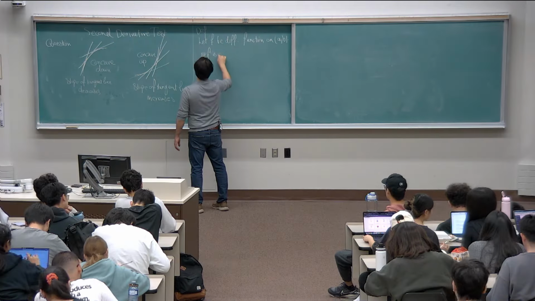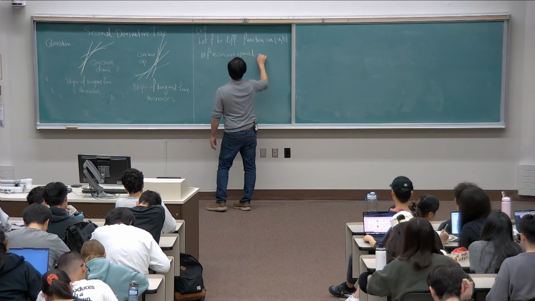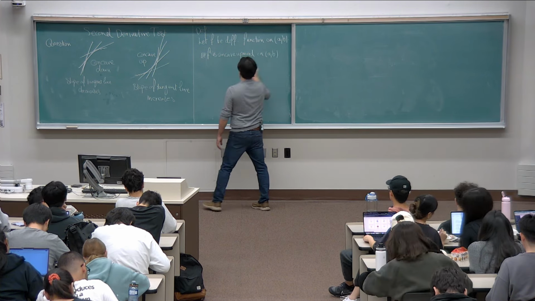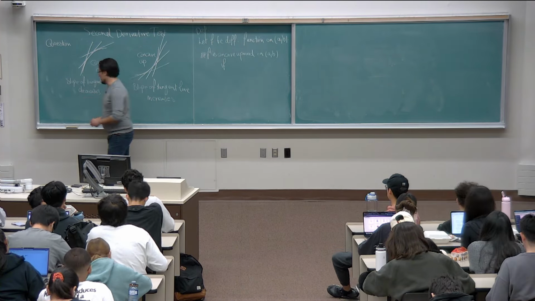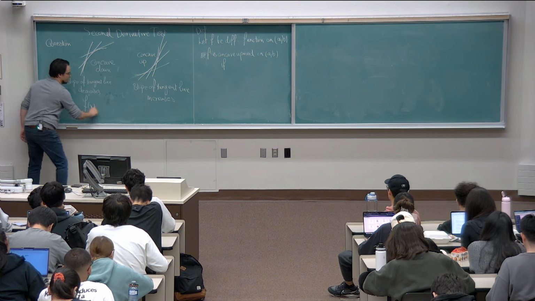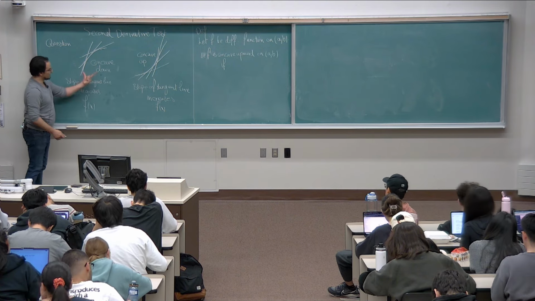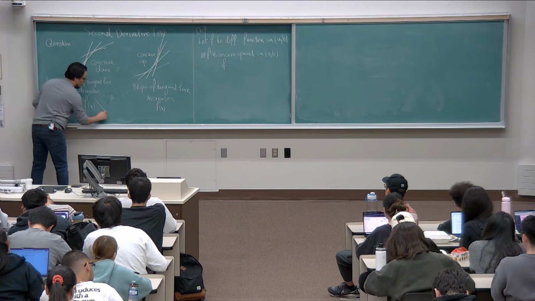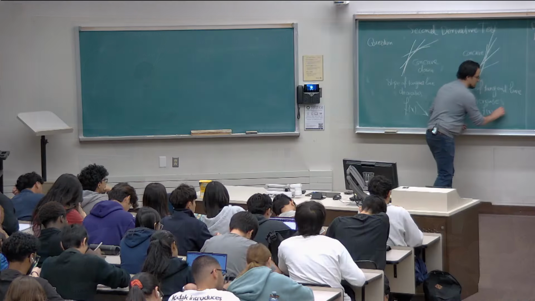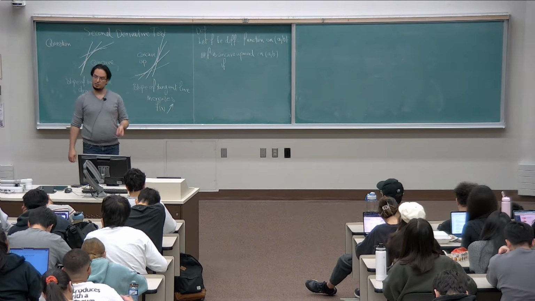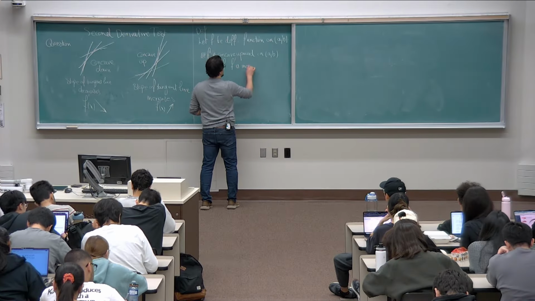F is concave upward on AB if, remember, the slope of the tangent line is nothing but f prime. And what we have described here is that for concave down, the slope, or f prime, is decreasing. For concave up, the slope, or f prime, is increasing. So here it is: if f prime is increasing